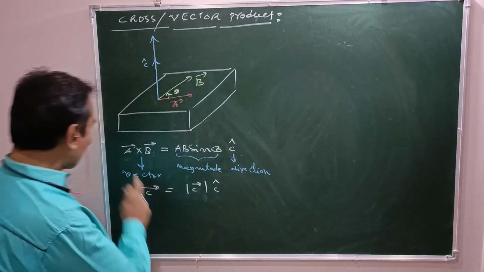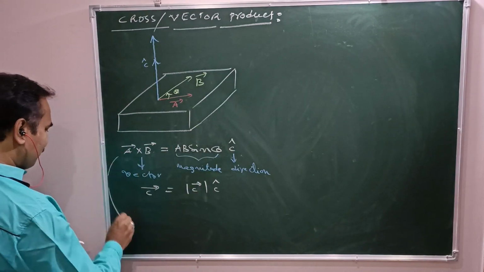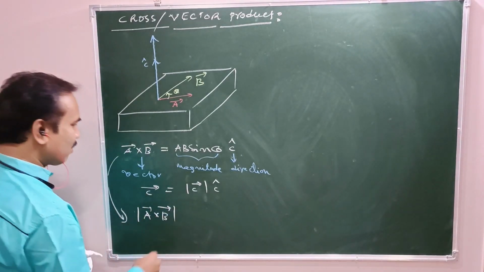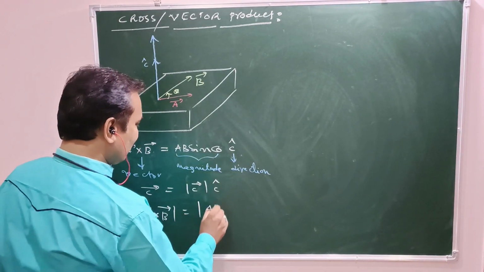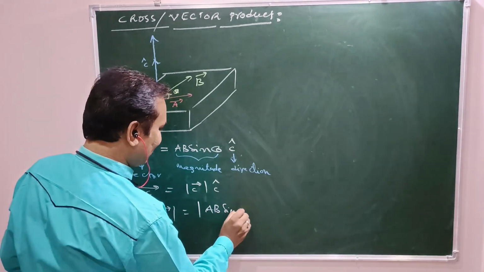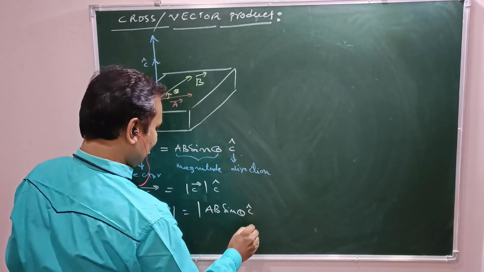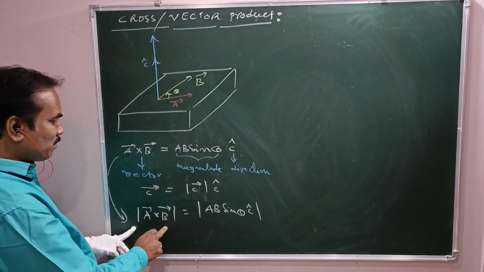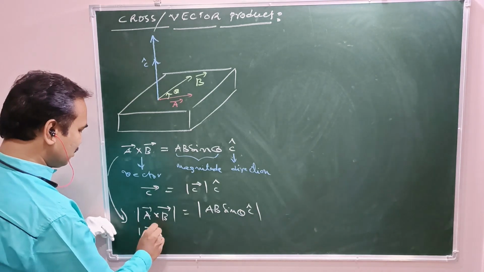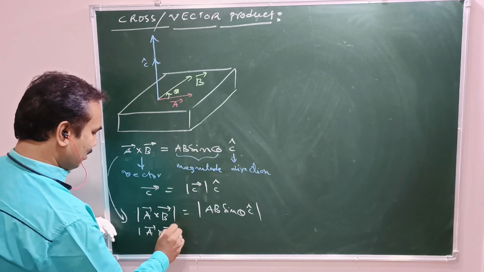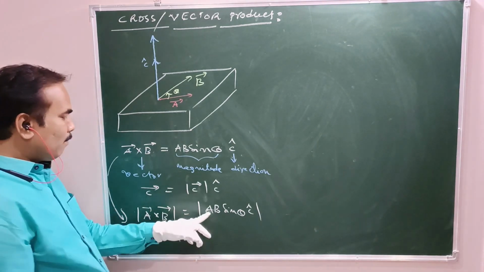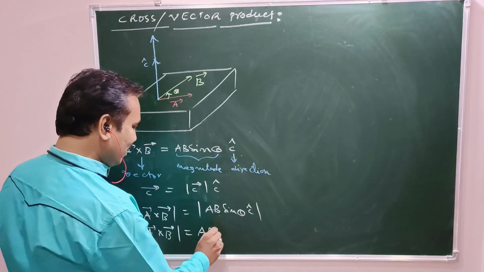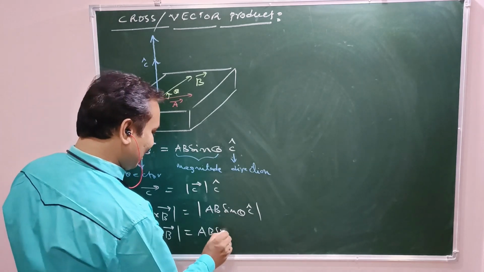Otherwise, I am taking the modulus on both sides: mod A bar cross B bar equals mod of AB sin theta into C cap. So mod A bar cross B bar equals mod A bar means A, mod B means again B, mod sin theta means again sin theta,